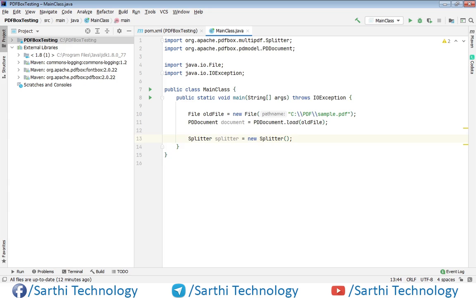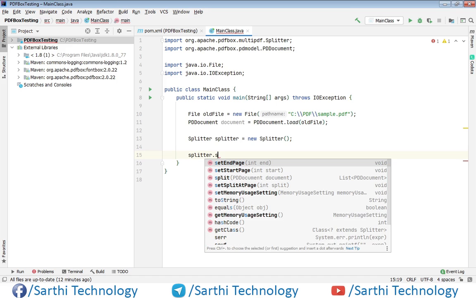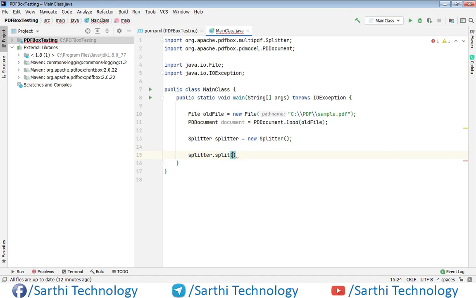Now we can just call splitter.split, and we can put the document, then it will split all the pages and return a list of those pages. So we will catch that in a list object.